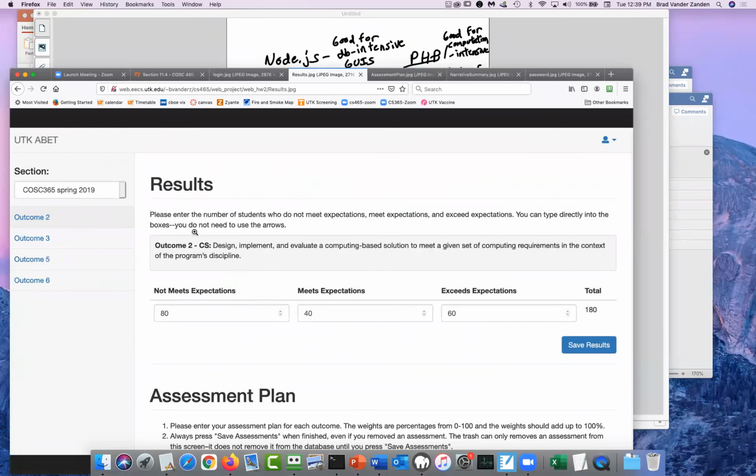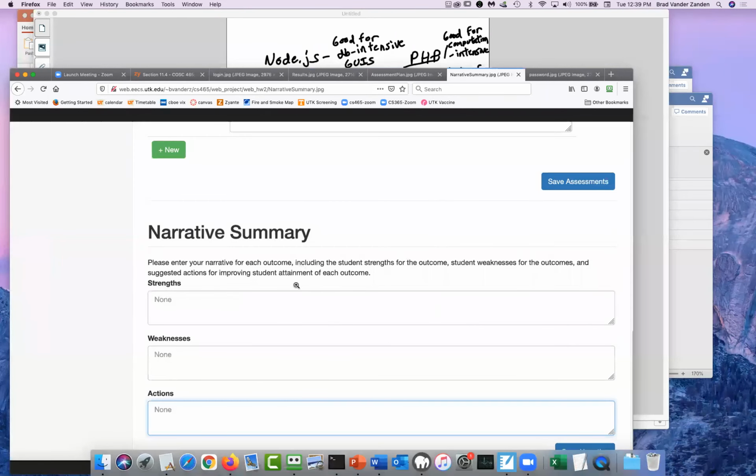Okay, so I wasn't actually having you do it in the traditional way of a single page application. A single page application would say, hey, these widgets are already here. So when you select a new outcome, we'll leave the widgets and just update them with new values. And the same thing with the narrative summary. Hey, these widgets are already there. It's a big waste of time on the server side to construct the HTML associated with them. Just take whatever comes back from the database and fill in these 3 form elements.